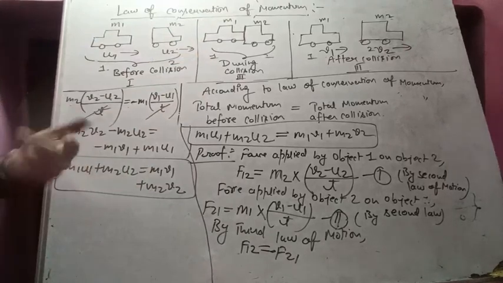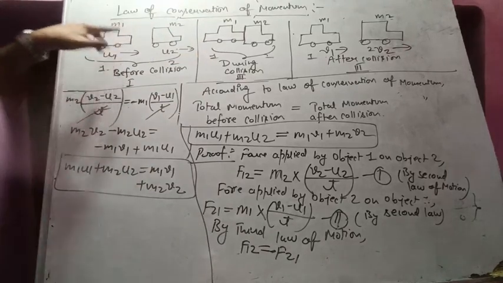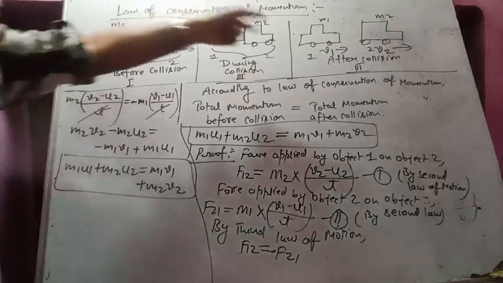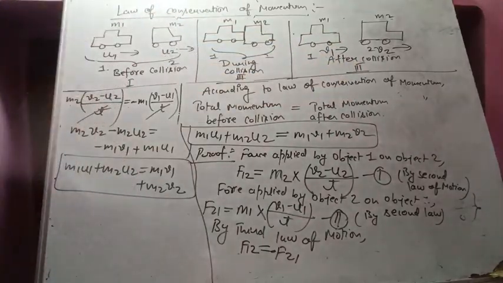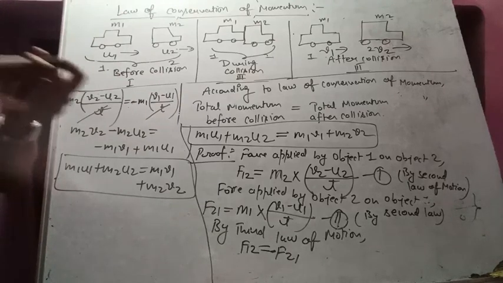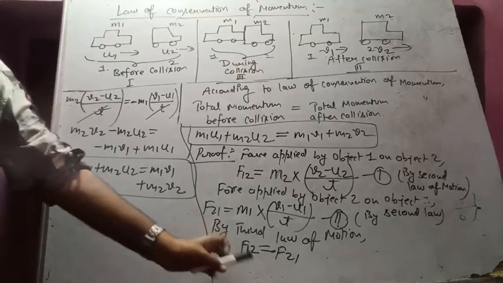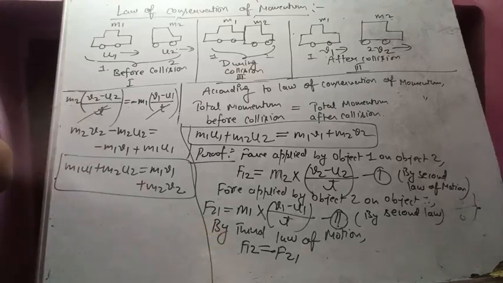How can we say the momentum is conserved? Even when the cars collide, the velocities separately are changed, but the total momentum of the system remains unchanged. There is no loss in the momentum. This is what law of conservation of momentum is. I hope you understood this topic and all the topics which we have discussed today. The rest of the numericals we will discuss in the upcoming videos. So thank you. God bless you.